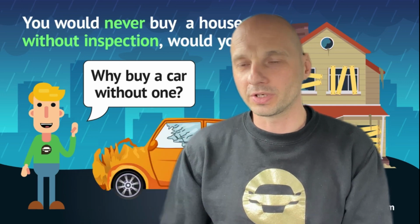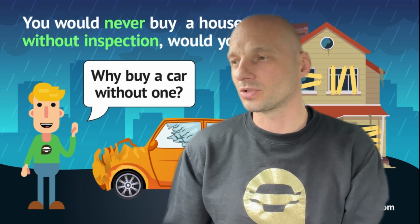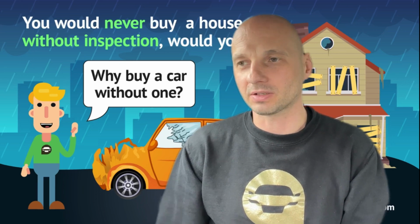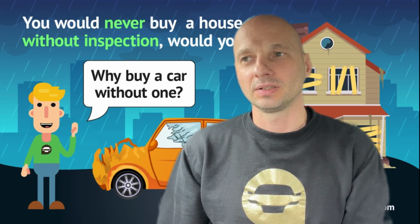And then they order an engineer's report. Yes, the vehicle is damaged. You can see the panels are out, right? But why did you buy that car? You know, it's just,